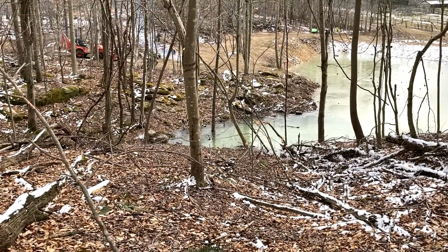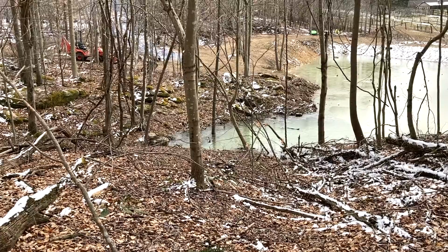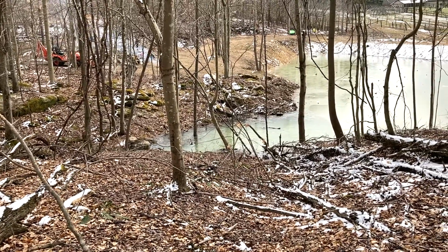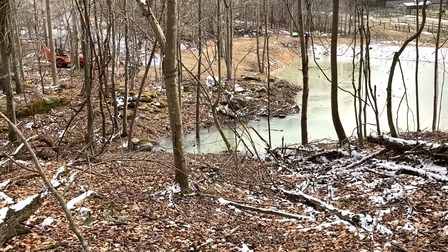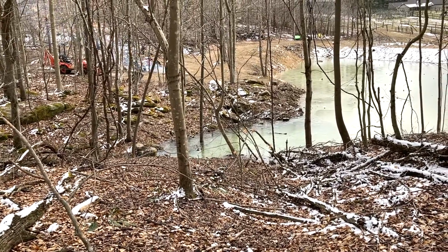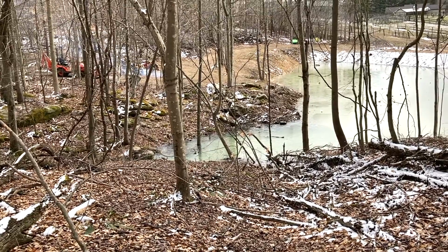So they said, we got good dirt to work with here, so if we can get around the big rocks, then we should be all right. Once they actually got everything cleared off and started digging, we had a day or two where they really discussed